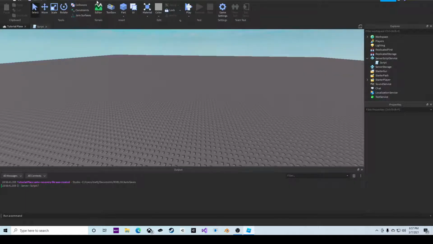Now, going back to pressing play up here, there's a drop down, and you can either play, which spawns you at any spawn point in the map or in your workspace, and if you do not have a spawn point, it'll spawn you at x and z coordinate 0 and y, and it'll spawn you high up in the y-axis, then you'd fall down. Or you can have play here, which sets your character to the position of your camera,